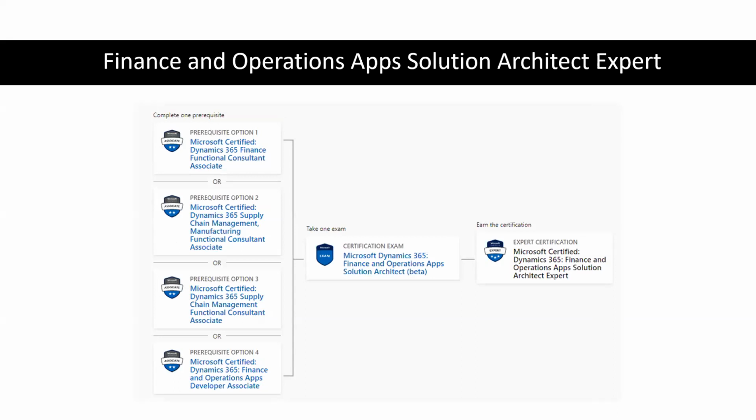If you're doing finance and operations, it is a little bit different. We have four choices plus the architect to equal an expert. Now, let me stop here for a second. Do you need to be certified? Maybe. We'll talk about that in depth in a little bit, but just think about it. It's a way to learn stuff. You don't have to do it unless it's a job requirement, but it is a way to force you to actually do something. That's what I look at it as. We'll cover that in just a minute.